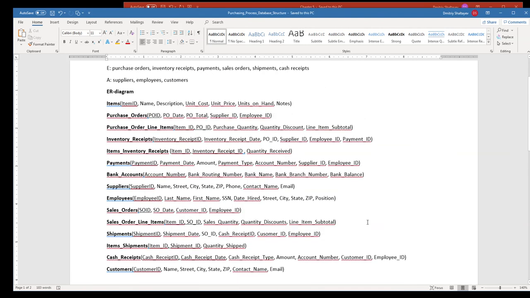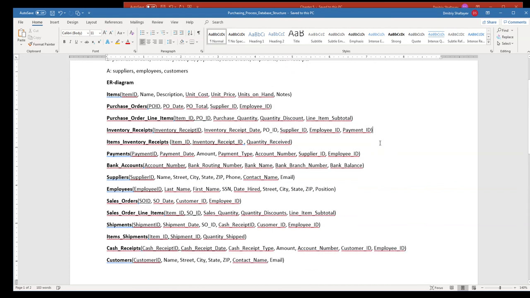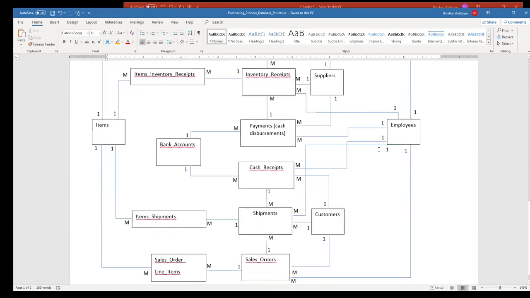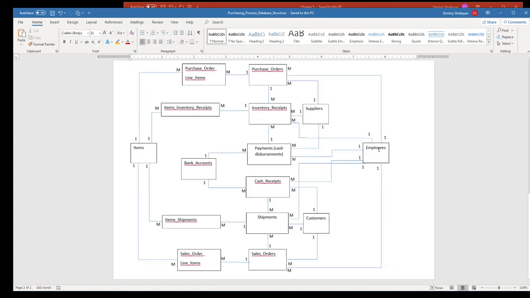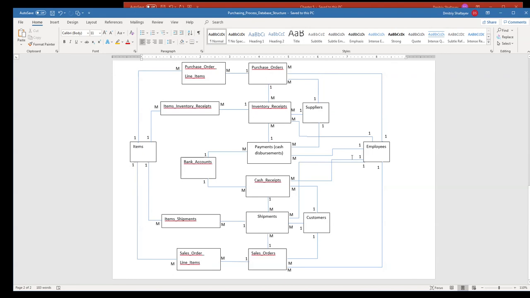I think this class went over time for about 15 minutes, but that was a good exercise, and hopefully after you watch this video, that will create for you a pretty complete picture of what corporate databases look like. And this is not actually a complex structure at all. We've made a bunch of assumptions. For example, we have assumed that